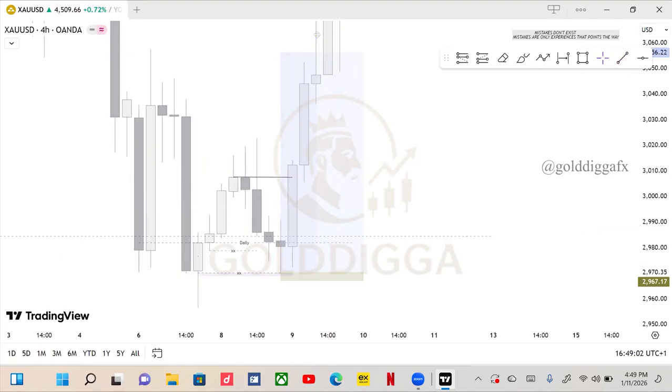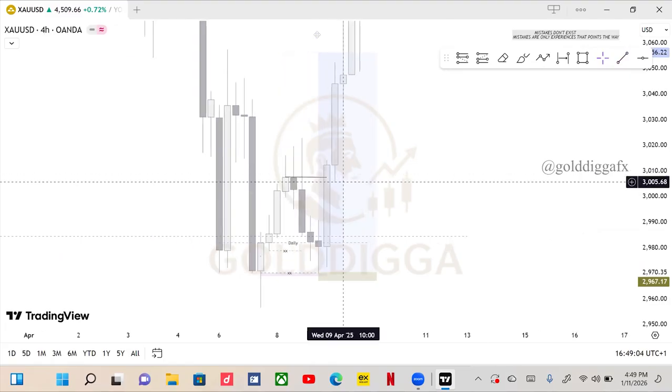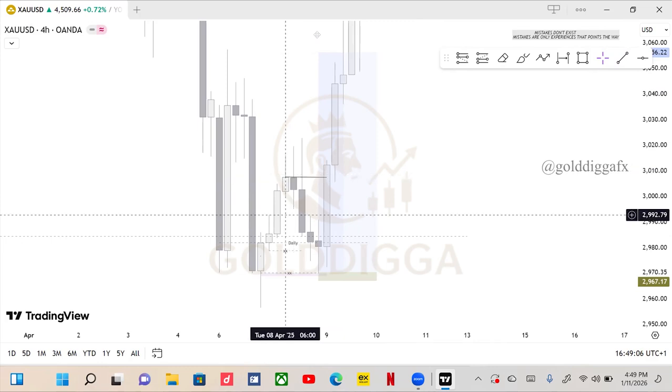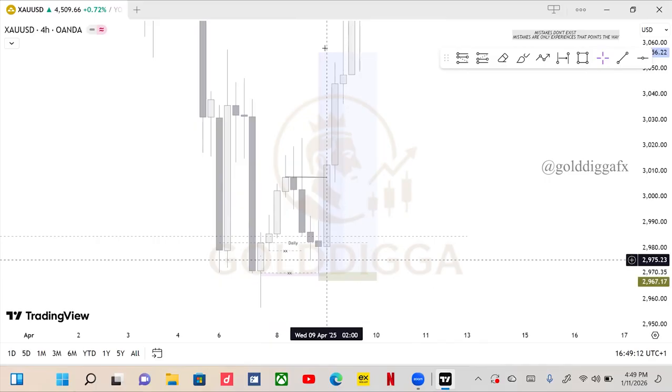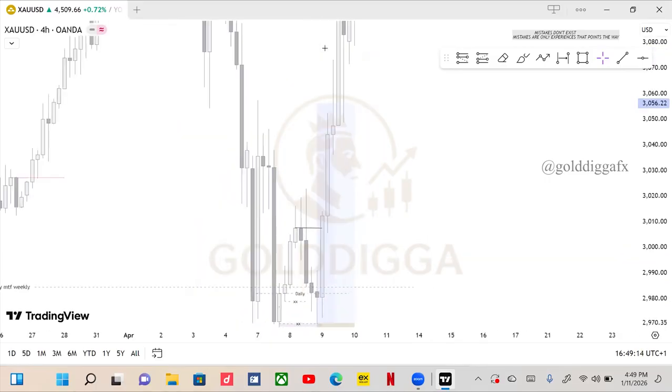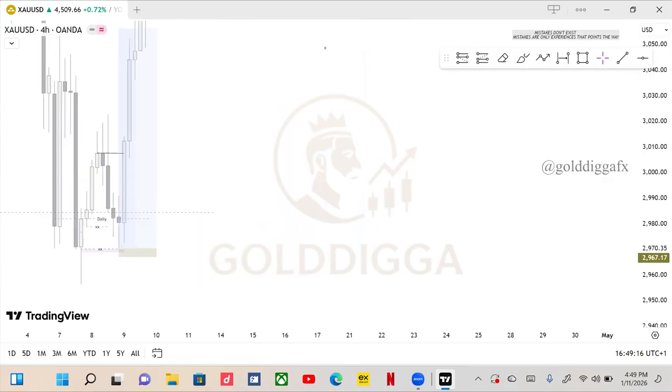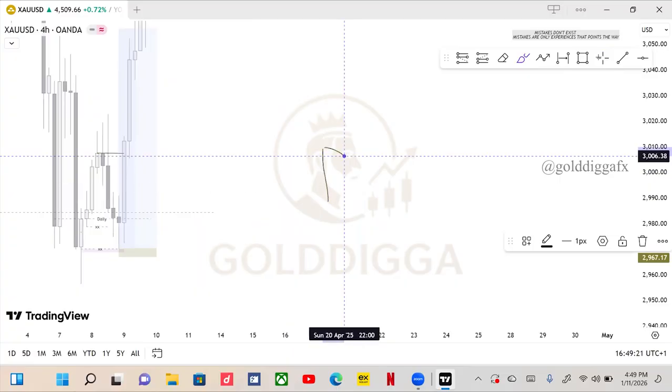So with this breakout, price closing right above the last A formation, you can see this was the last A formation that was created before price taps our daily. Price broke it, confirming the daily storyline